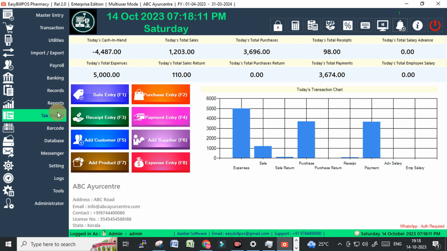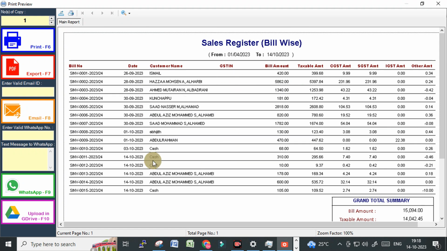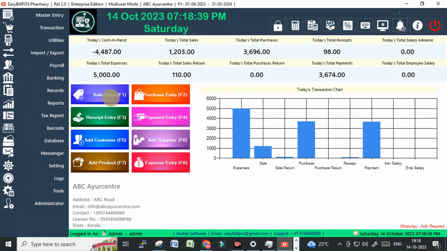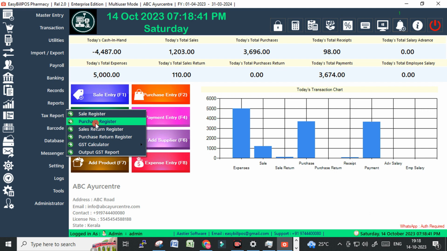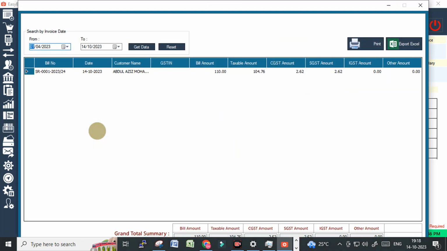And here it has the tax reports, sales register, and you will be getting item-wise details, the customer name, the total bill amount and the GST percentage, everything you will be getting. This is a sales register, bill-wise, and also you can export it to an Excel sheet and make a printout with it. And this one you can directly send to your tax practitioner who is doing your sales tax returns. The same way for this purchase register and sales returns